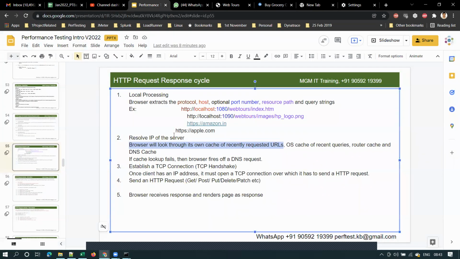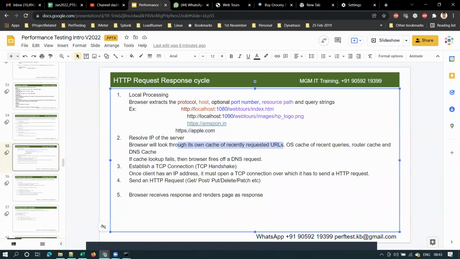Now, when you type some URL in the browser address bar, first it will extract this information: the protocol, the host name, port number, resource path, and query strings. Then it will try to resolve the IP address of the server. To resolve the IP address, the browser will look to its own cache of recently requested URLs, to check if this URL was accessed recently.